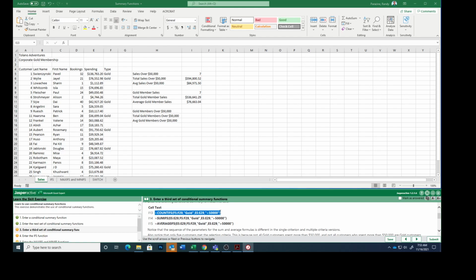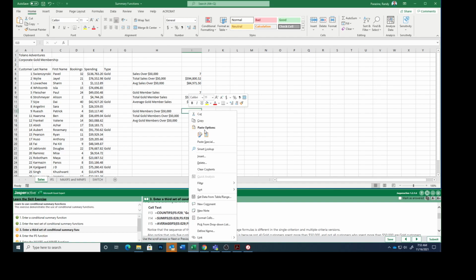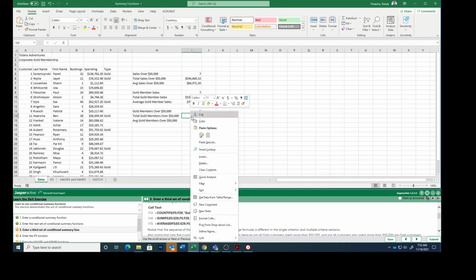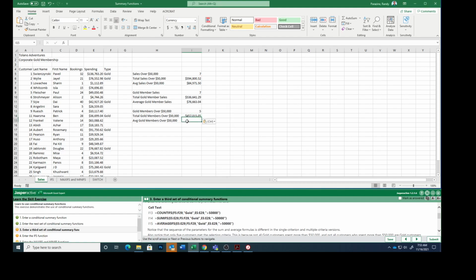Same formula, but we're adding above $50,000. And then in I14, we're going to do the same thing using the SUMIF. Control C, and then pasting that one. And then I15, Control C,